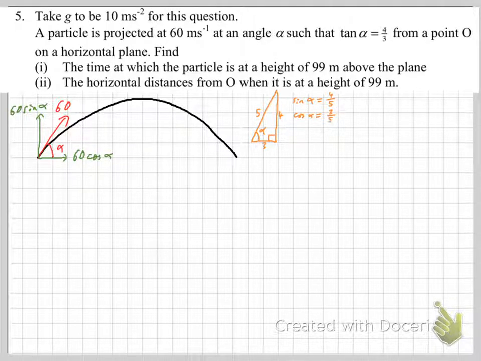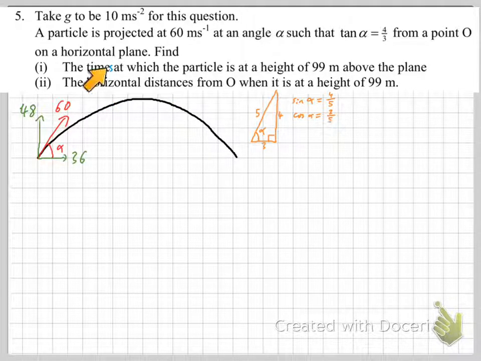is 3/5. So before I go any further, I'm going to come back to my green components here and just replace those. So 60 times 3/5 is 36, and 60 times 4/5 is 48. Great, SUVAT. Oh yeah, sorry. Before we go any further,